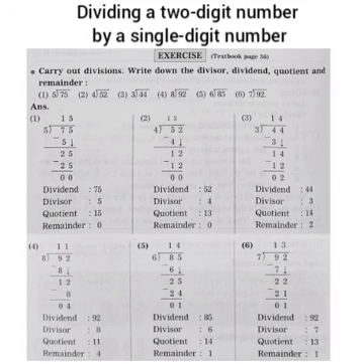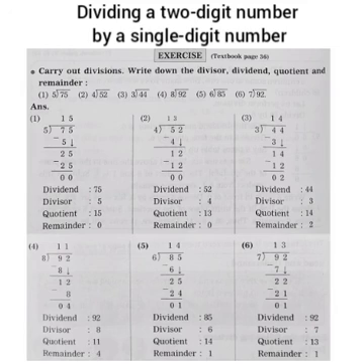Then take 4 units from above. It makes 14. 3 fours are 12. 14 minus 12 is equal to 2. Dividend is 44. Divisor 3. Quotient 14 and remainder 2.